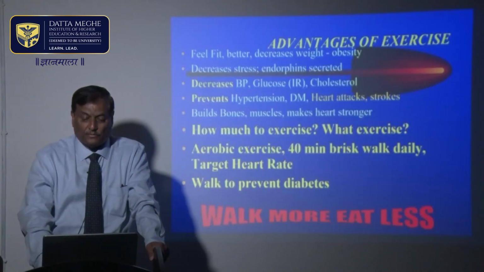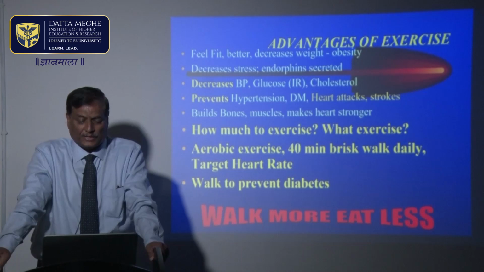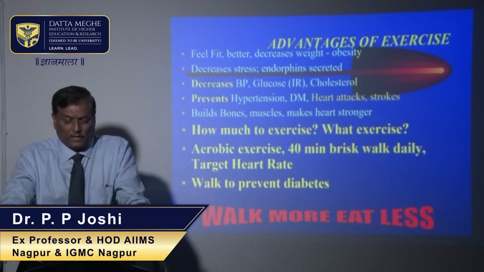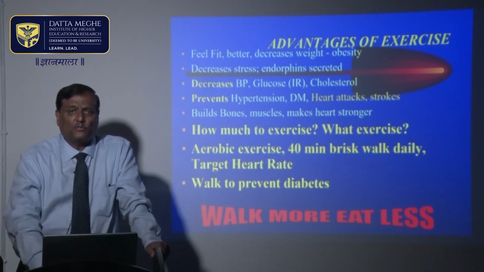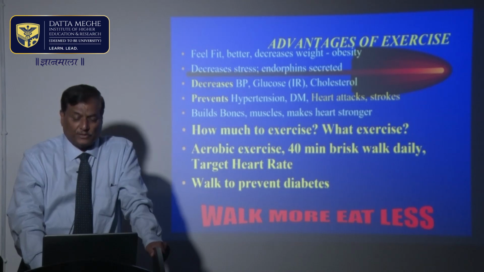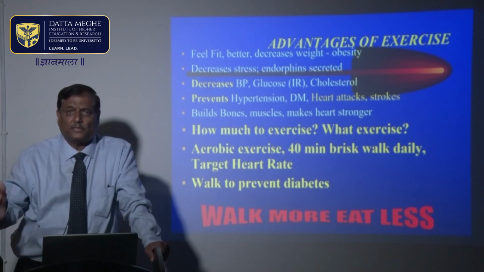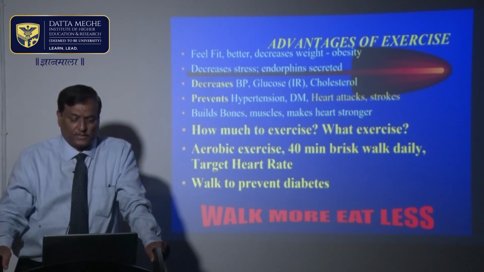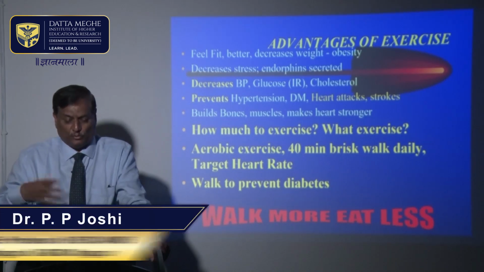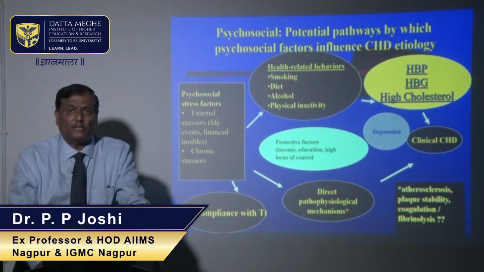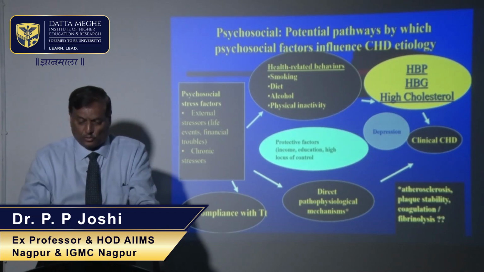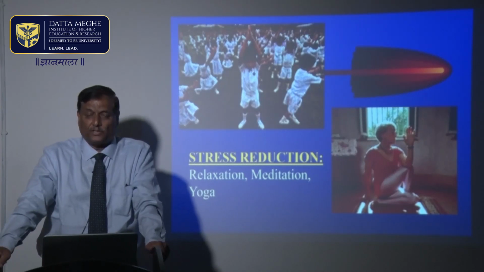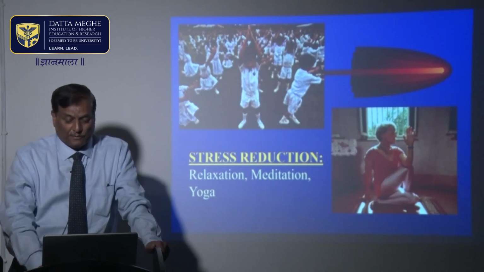And there are a lot of advantages of exercise. Therefore, exercise should be graded according to the age of the person, and at least 50 minutes of brisk walking every day should be advocated. In younger patients, we can ask them to jog, and we may have to calculate what is known as the target heart rate, which is 220 minus age in years, plus or minus 15. That should be achieved if you do a more vigorous exercise. Psychosocial stress, I've already told, can be reduced by doing relaxation, meditation, yoga, and negative biofeedback mechanisms.